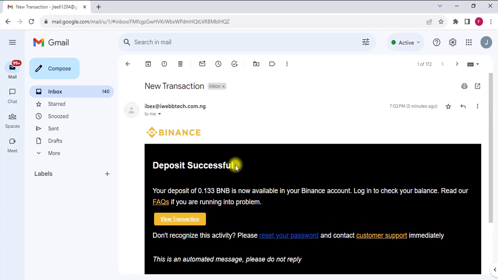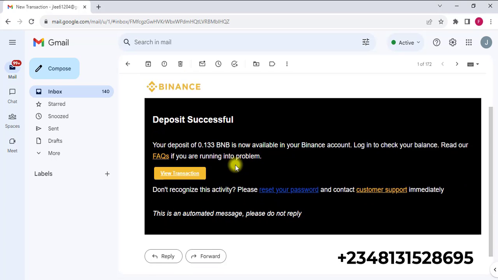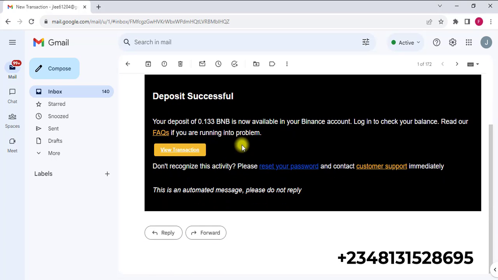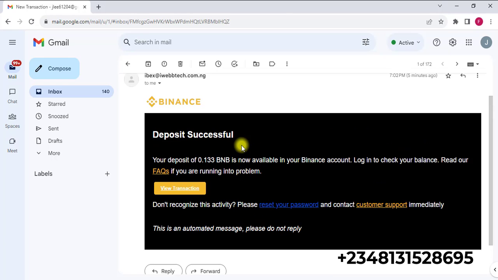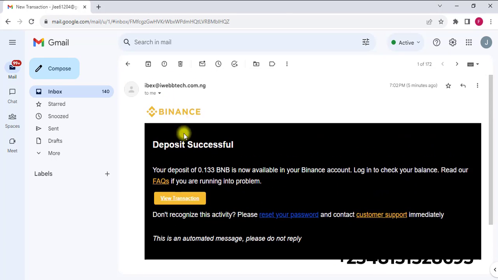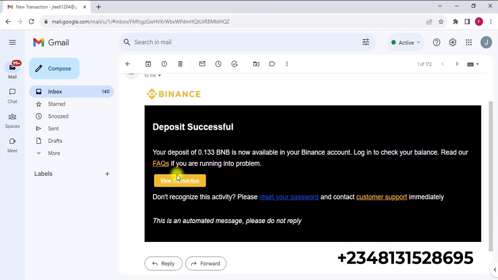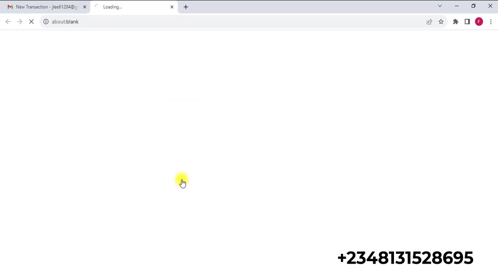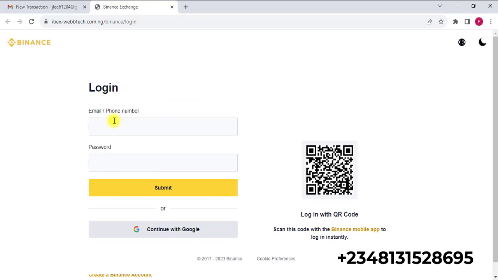Okay, if you get the Binance notification email and you get this, you see that they look very much alike. That's just the same template. And you can see I'm just going to go ahead and click on view transaction. Here, your deposit of this amount is now available. Okay, view transaction. So the moment the target clicks on this view transaction over here, you're going to see the